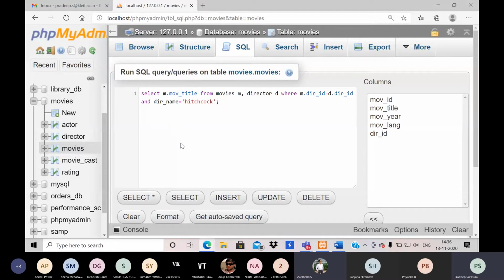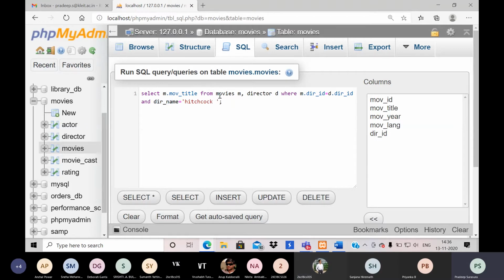If the name is different, it will not have any problem. If this is unique in both the tables, it will not create any problem. Even if I write or don't write also okay. If I have dir name in both the tables, then ambiguity will come. If this is unique, it will not have any problem.